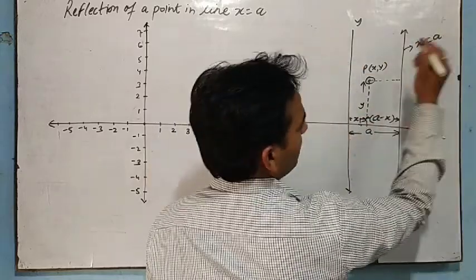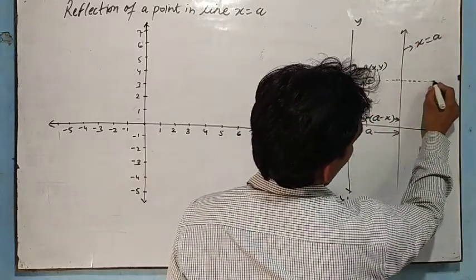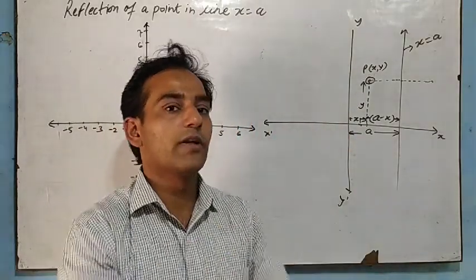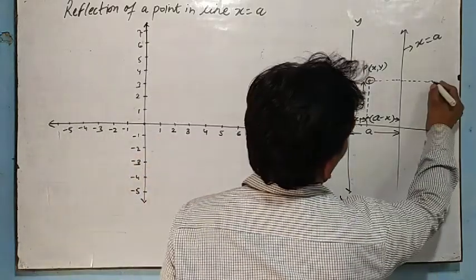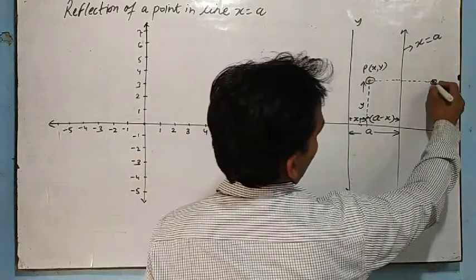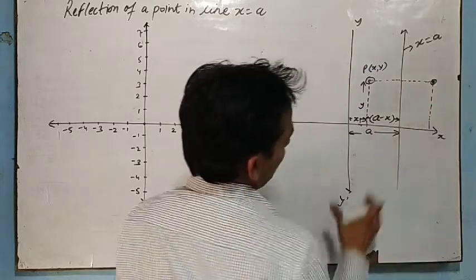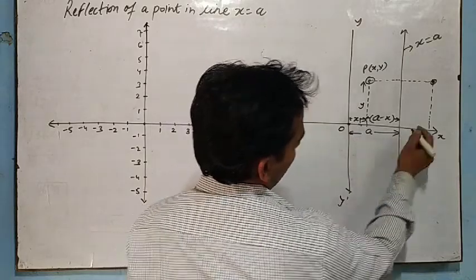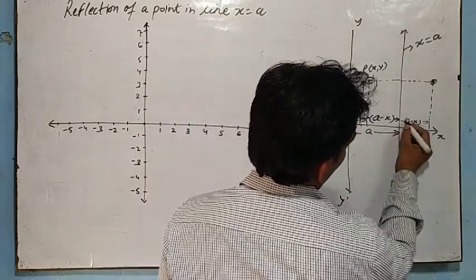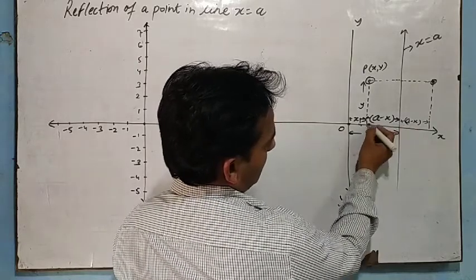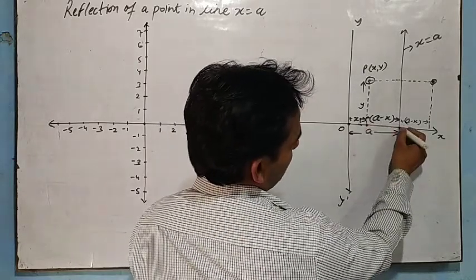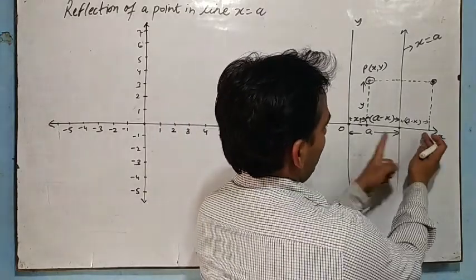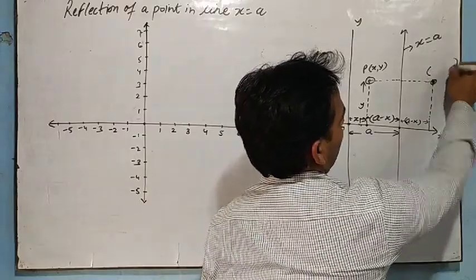So you go through a minus x this side also, because I told you in mirrors the distance will be the same. आप जितनी दूरी पे खड़े हैं उतनी ही दूरी पे अंदर शीशे में आपकी इमेज बनती है. तो यहाँ पे भी ये पॉइंट क्या होगा, बस ये निकालना है हमें. जरा ध्यान से देखिए, ये अगर ओरिजिन है, ये इतना a, we have got a and this is a minus x, क्योंकि यहां से पॉइंट की दूरी, ऑब्जेक्ट की दूरी, the distance of the image will be the same.